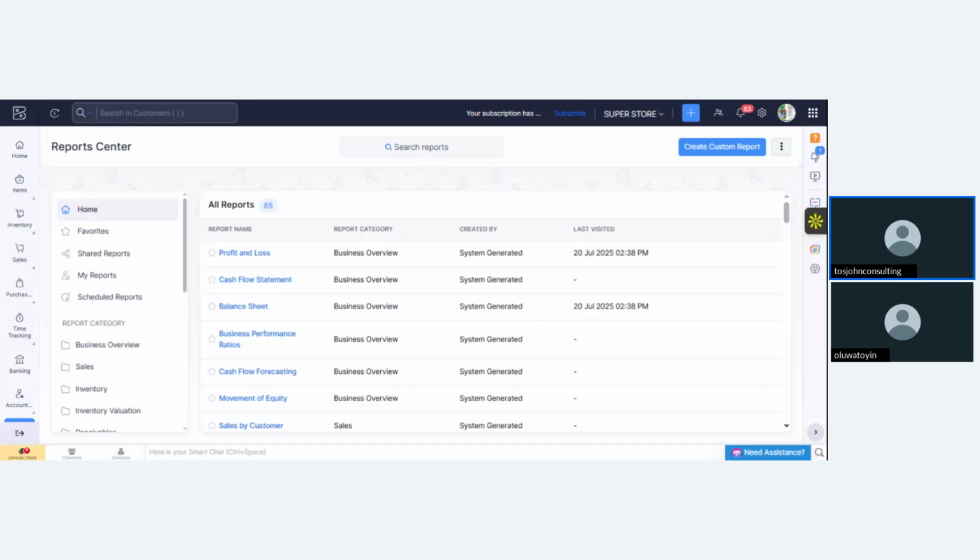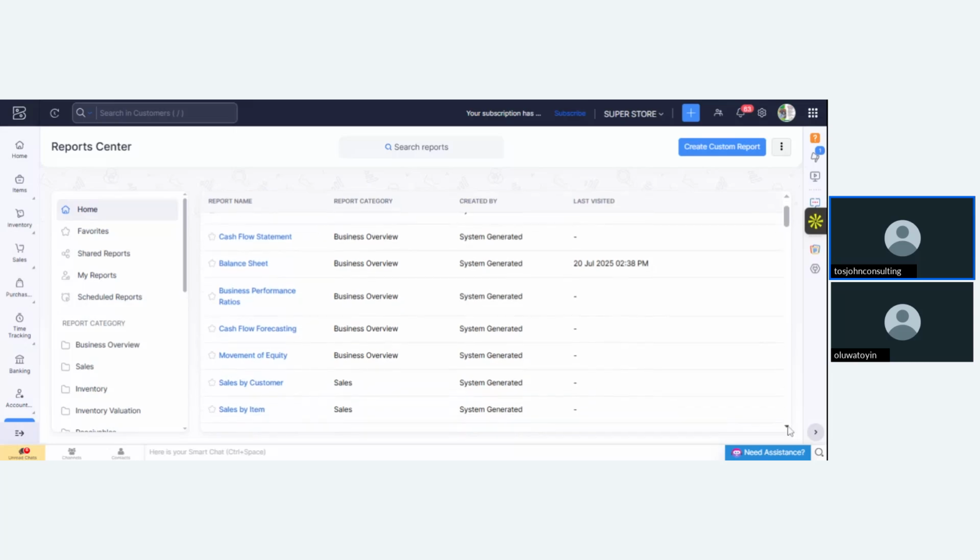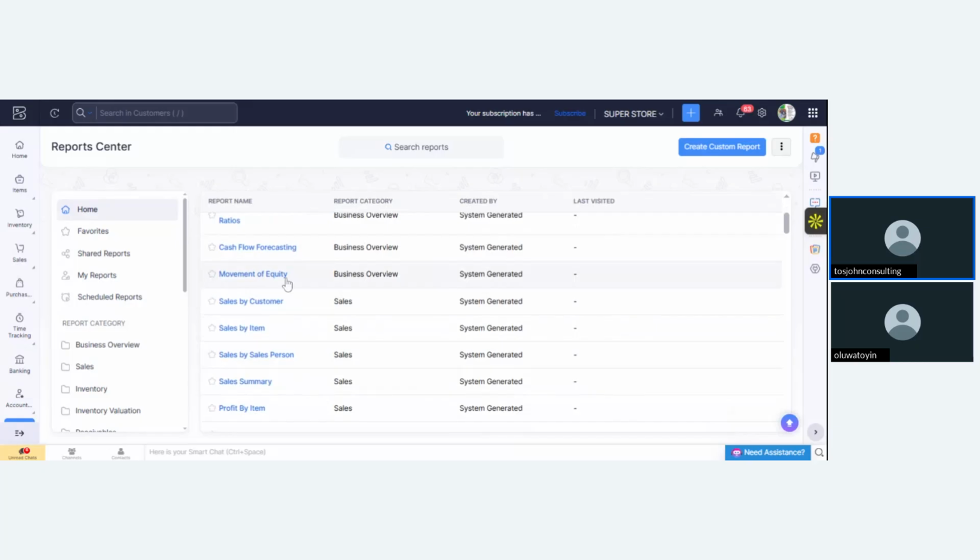So using accounting software is a game changer for business. Look at it. Movement of equity, sales by customer. We also know how your customers are patronizing you. You have reports on sales by item, the item that is selling very well.